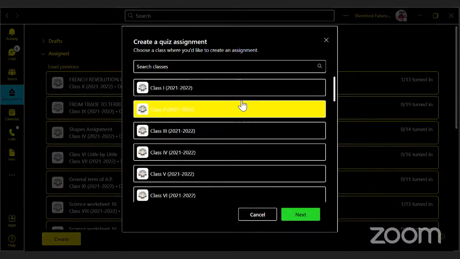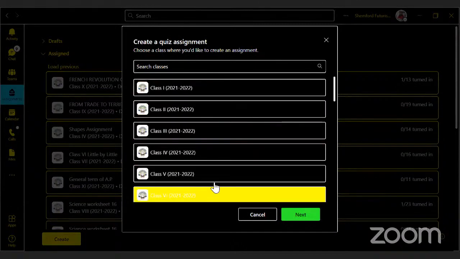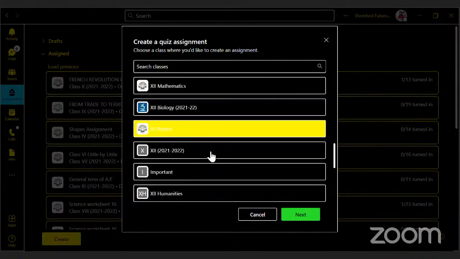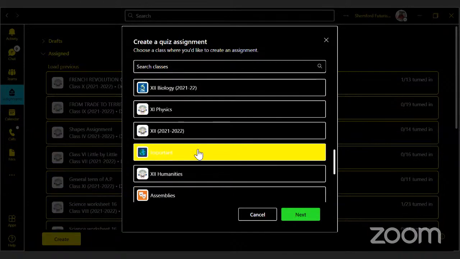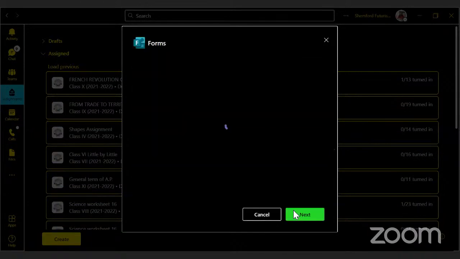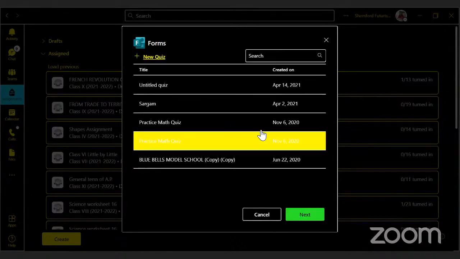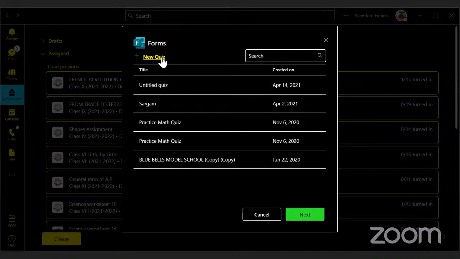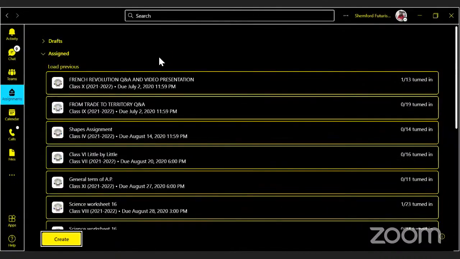See, it will ask create quiz assignment for which class. So I'm going to that class only. Next. So from here, I'll be able to create a new quiz. It is taking me to Forms.